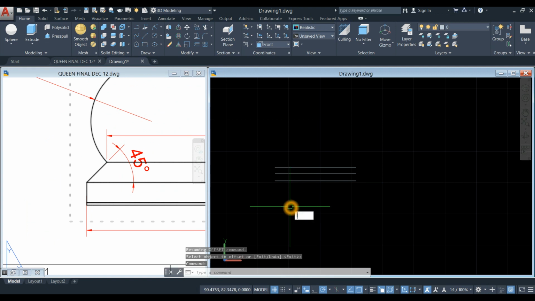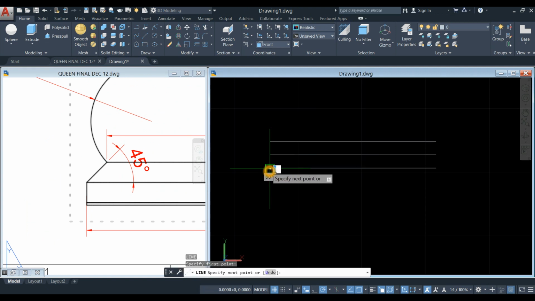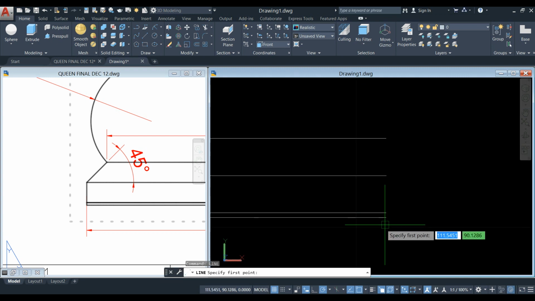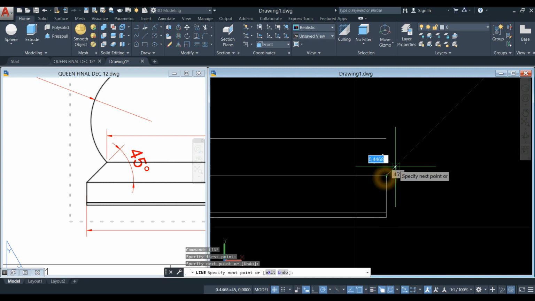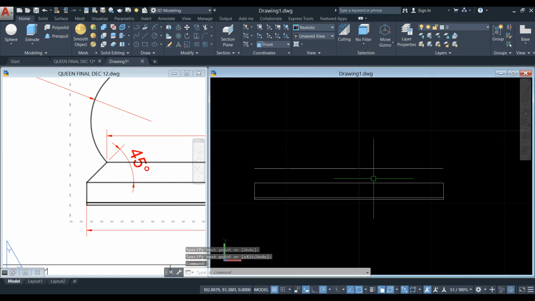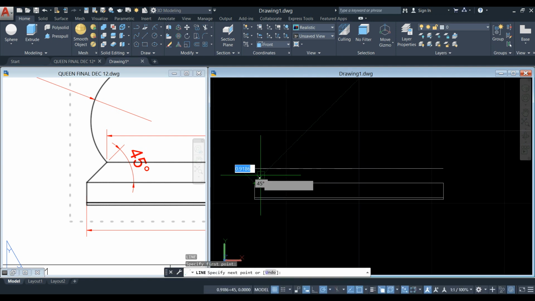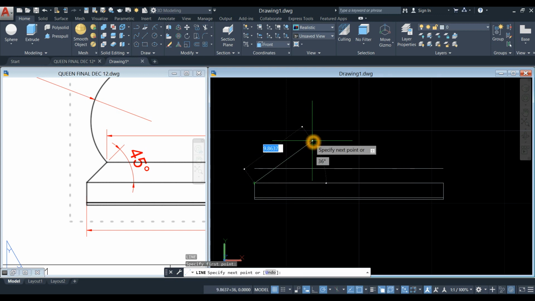Draw a line. Another line, in point to in point, and draw another line. So L for line command, click the in point and move your cursor along 45-degree angle